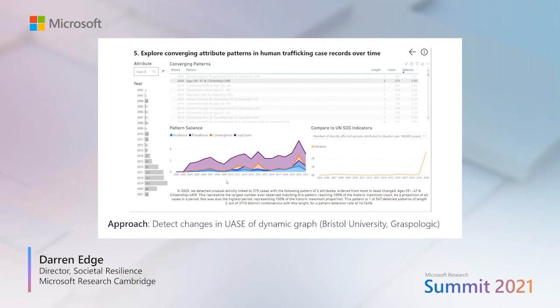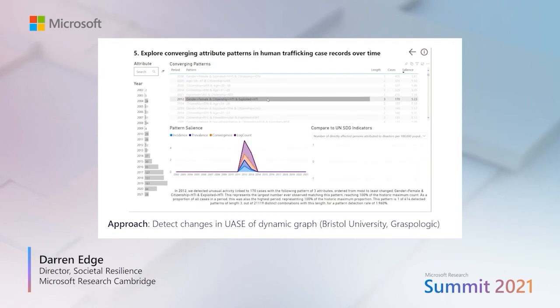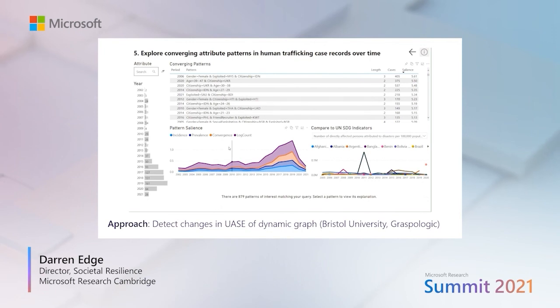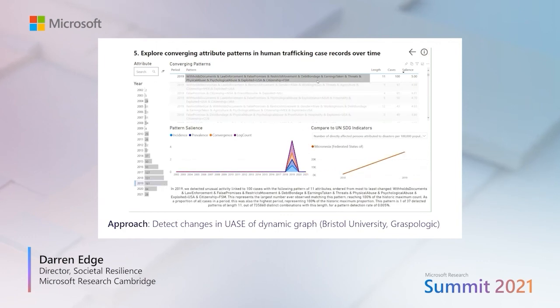So in the second example, we're looking at victims aged 39 to 47 in the Ukraine in 2020, and the spike that we're seeing does coincide with the number of people affected by disaster in that country in that year. So we can see this again for female citizens of Haiti, obviously affected by the 2010 earthquake. And if we look at the time period where we detected the most interesting patterns, we can see that in 2019, the top pattern describes that group of citizens of Micronesia exploited in the USA. So this happened in 2019.